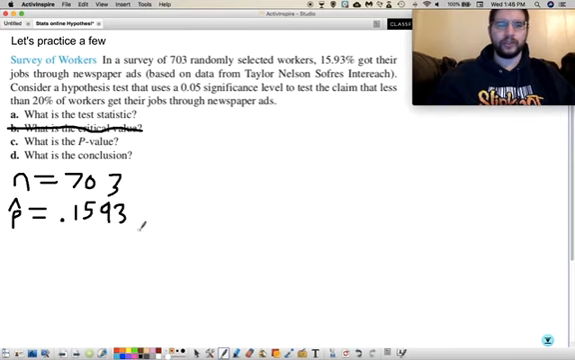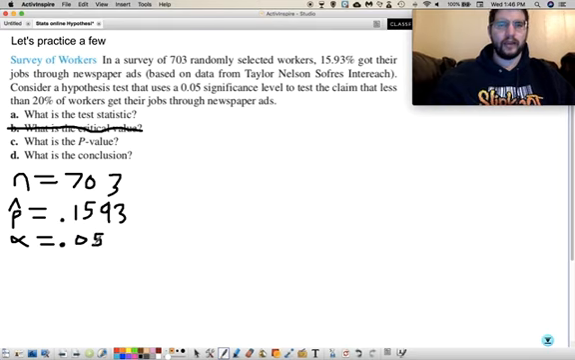And remember, TI users, you're going to have to multiply this P hat times N to get your X value. And round it because we can only have full numbers for the binomial distribution. Consider a hypothesis test that uses the 0.05, so alpha is 0.05,